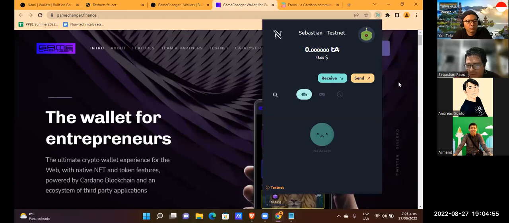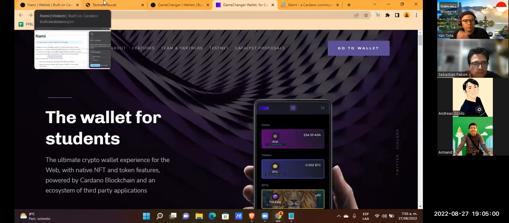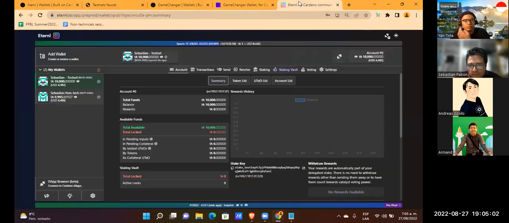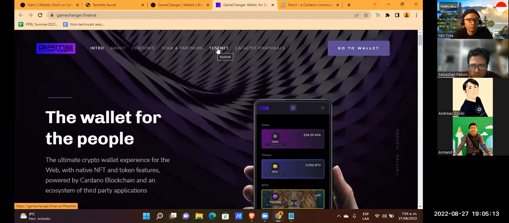It's practical but simple. Or Eternl, for example, has its own environment, but Game Changer tries to make things more visual, more interactive with the user.